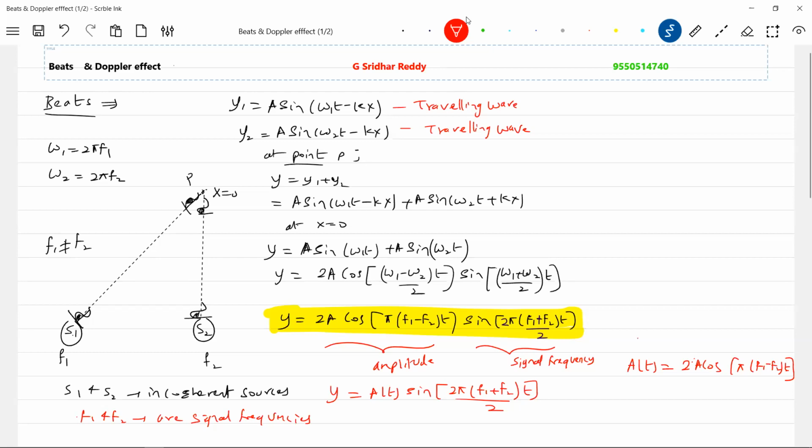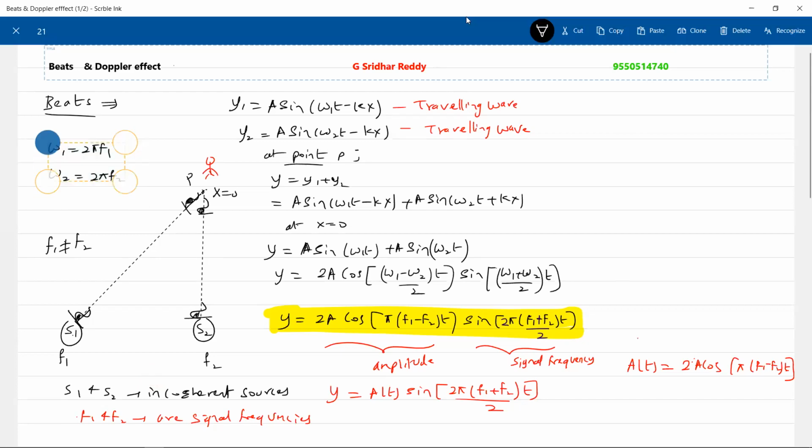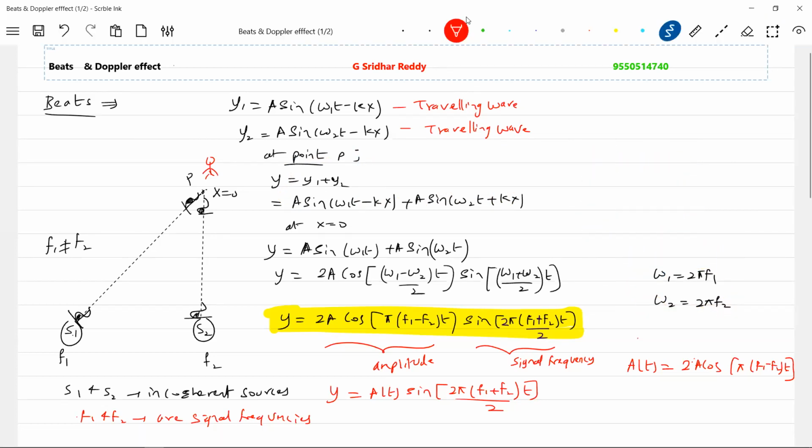Means if I stand at point P, what will I get? The person says that the amplitude of the signal varies with time when the sources are incoherent. So a very important thing I'm going to put now. Let me keep these things here because here I substituted. So what will this person comment now? What will be the comment from the person? The person says that